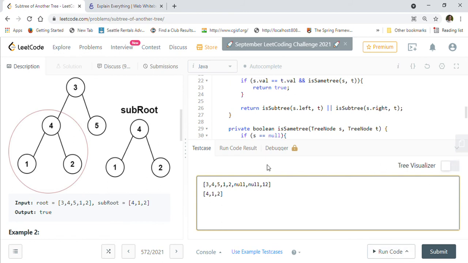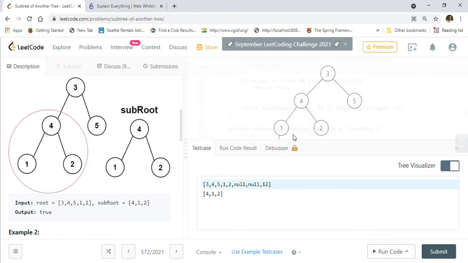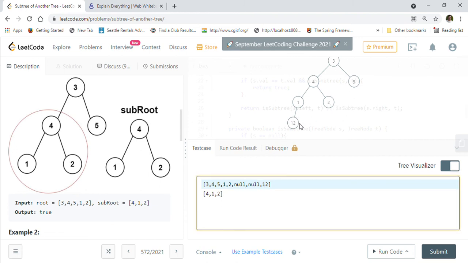So let's just visualize the tree quickly. So our tree will look like this, right? As you can see. So oh, so 1 has a coming 12, right? Because this is null, this is null. So actually if we want the left of 2 to be 12, right? So we will need two more nulls here, right? Actually, so now as you can see, now it became the left of 2's, 12. So now as you can see, this 4 1 2 is not a subtree of this tree, right? So it should return false. So 4 1 2 is not there because 4 1 2 12 is there, right?